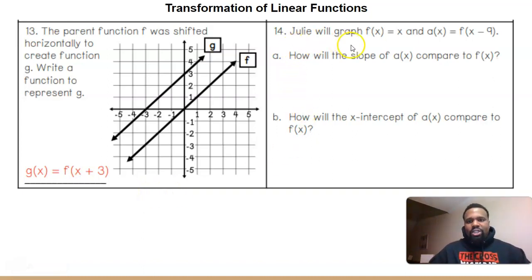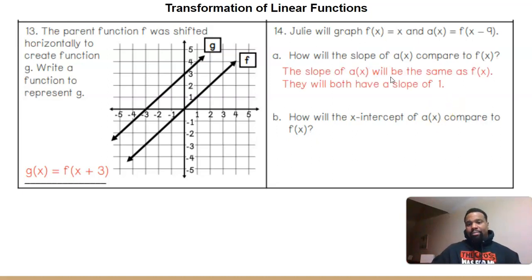And number 14 says Julia will graph f of x, which is your parent function, and a of x, which is f of x minus 9. How does the slope compare? Well, as we stated previously, the slope is going to stay the same. Since your parent function has a slope of 1, this will have a slope of 1. How will the x-intercepts compare? Well, since I move 9 units to the right, because that's what it means, all right, then my x-intercept is